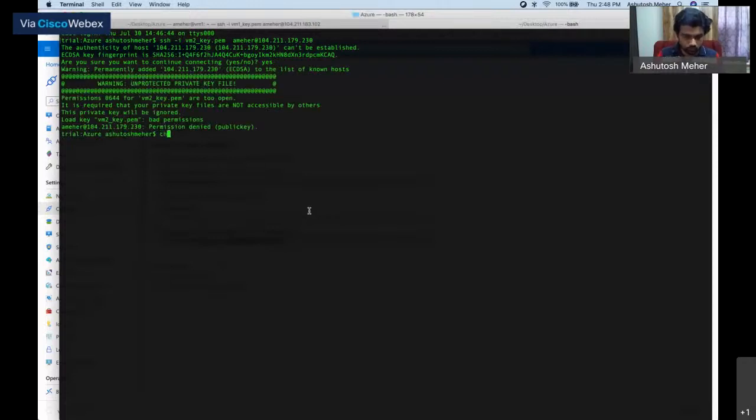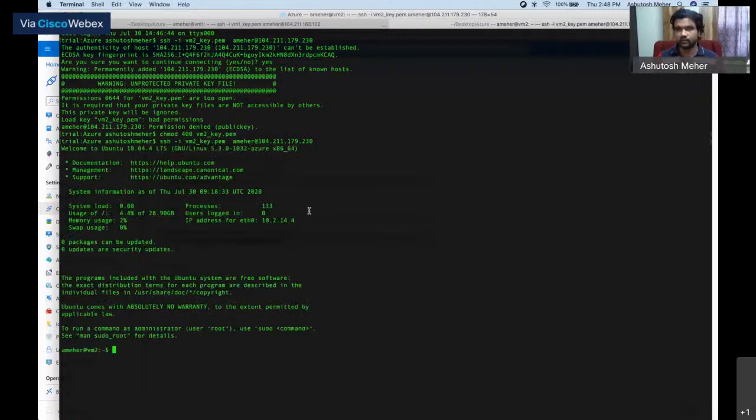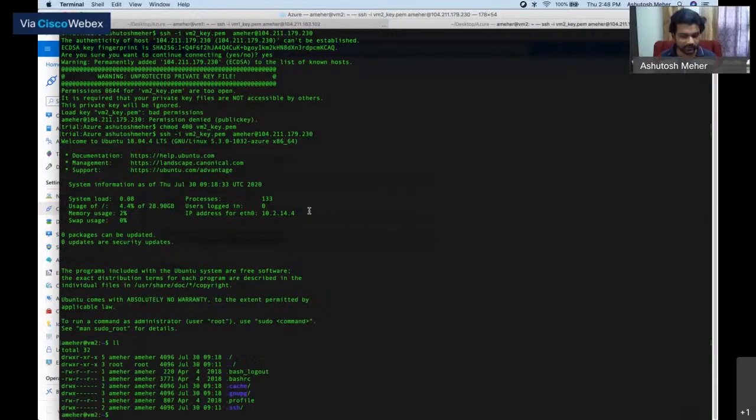I just need to have the right permissions for the PEM file. That is the right permission, and that should allow me to go in. All right, so we are into the second VM. This is a clean VM, nothing in there. I just need to install Java. I have all the commands already.